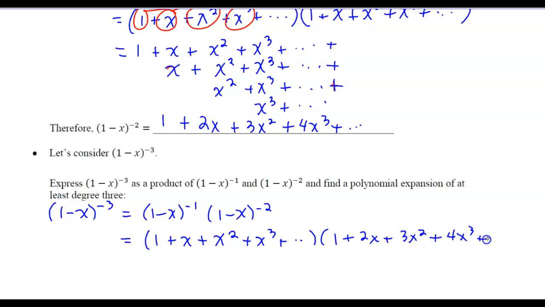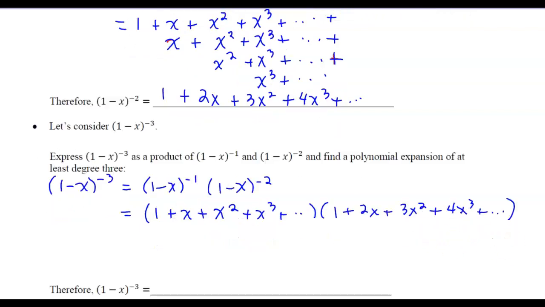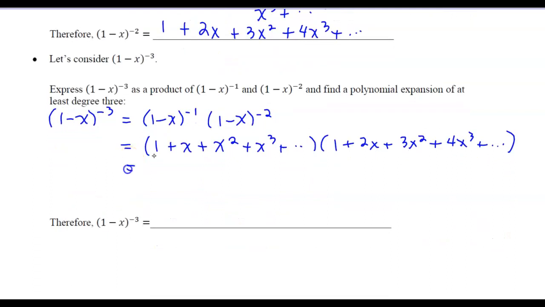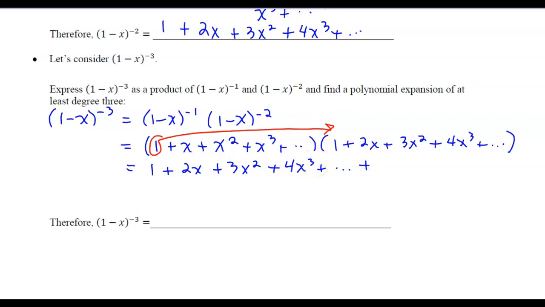It says at least degree 3, so I'm going to show up to degree 3. And then expand out first term times everything. And same, that's going to be 1 plus 2x plus 3x squared plus 4x cubed. Then x times everything. So that's going to be